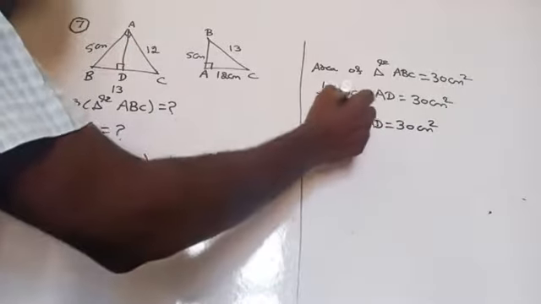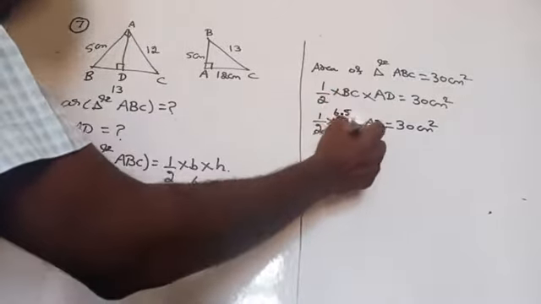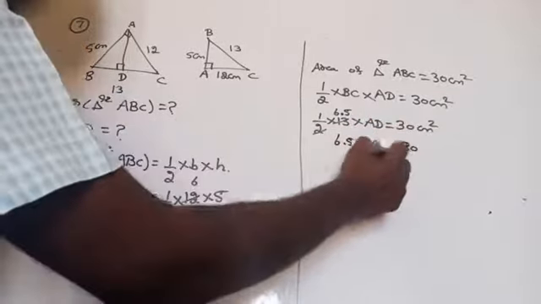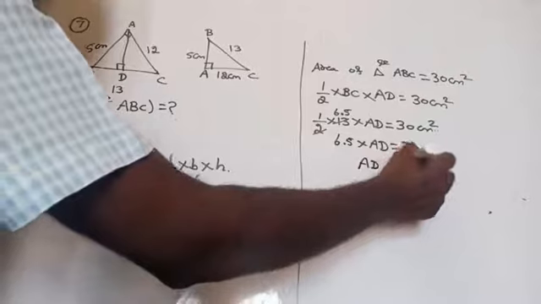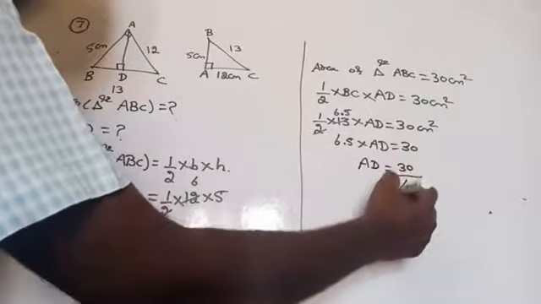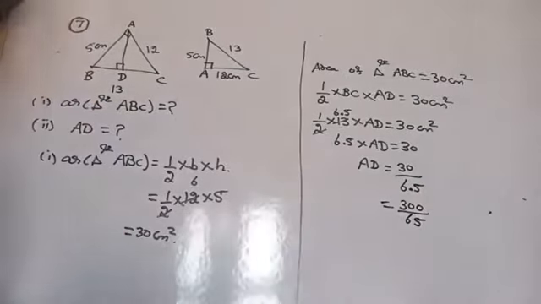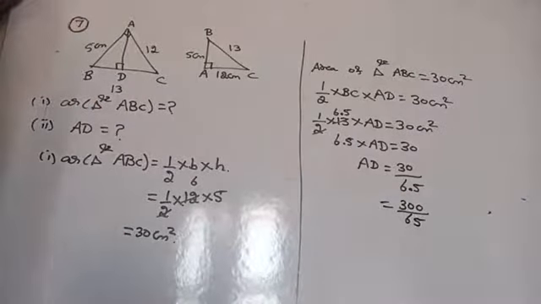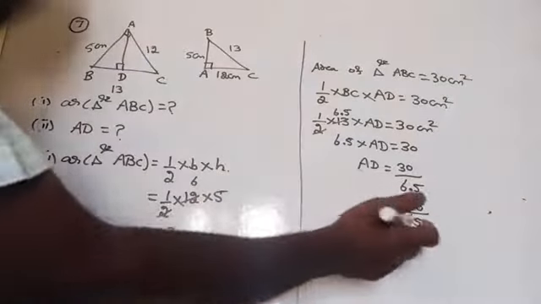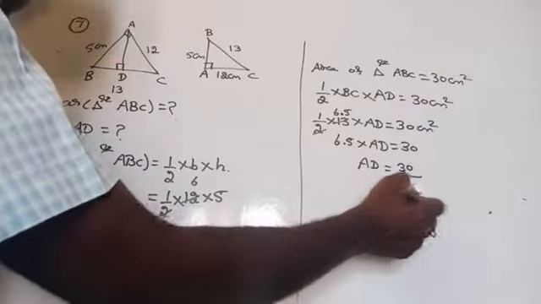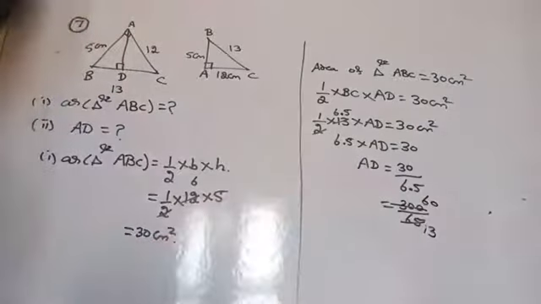So 1 2 is 2, 6.5 you can take. So 6.5 into AD, which is equal to 30. So AD is equal to 30 by 6.5. Now multiply by 10 in both numerator and denominator to get the whole number in the denominator. Am I right here? Yes. Now you can reduce into the lowest form. Both the numbers go with the 5 table. So 13 5s are 65. Here 6 5s are 30. Now 60 by 3.